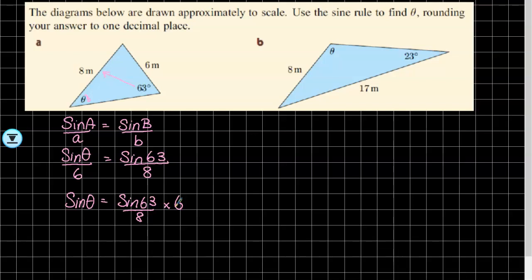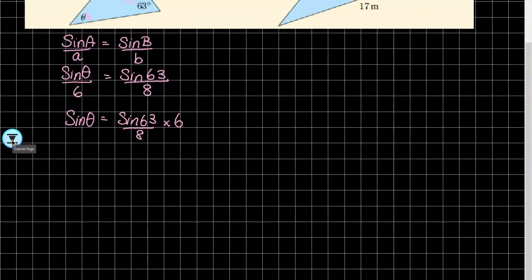Not divide. What do we call it? I know what you mean. Inverse sine. Correct. So we will go theta equals sine to the minus 1